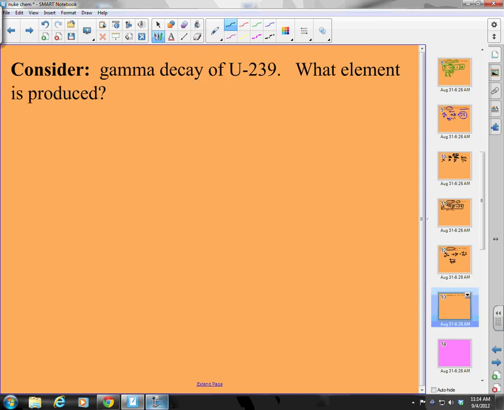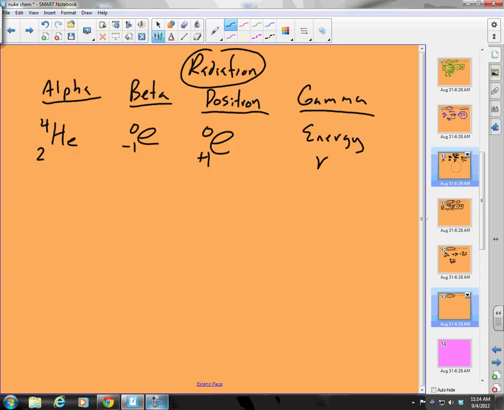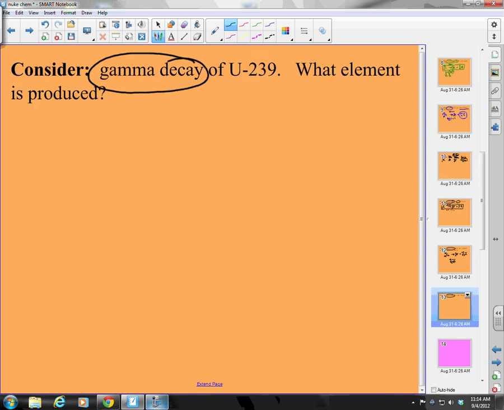And finally, gamma decay of uranium-239. What happens in gamma decay? What is spit out? Let's take a look again. Yes. Gamma decay. Energy is spit out, right? Energy is emitted. So I write my